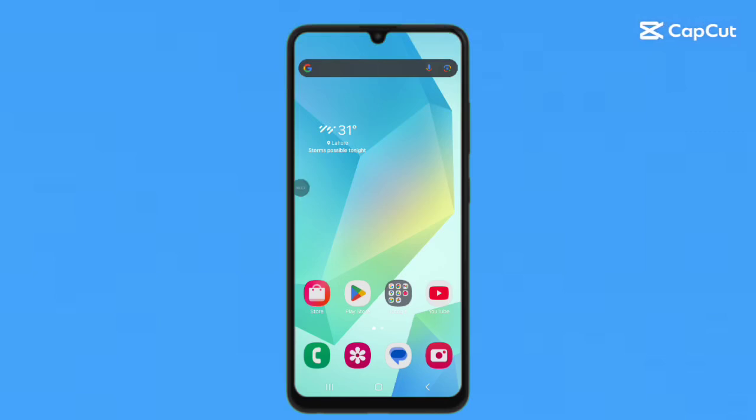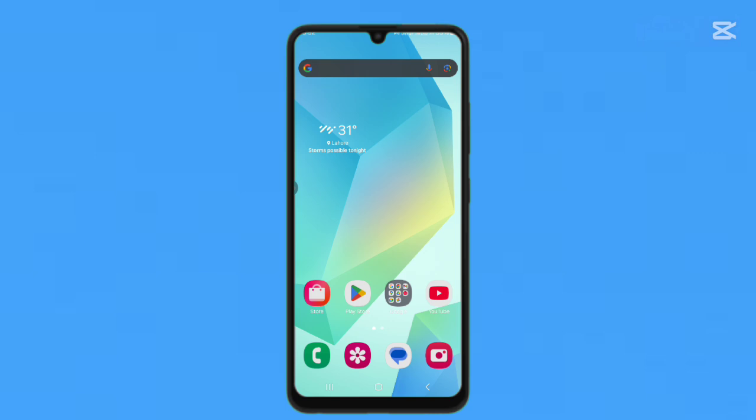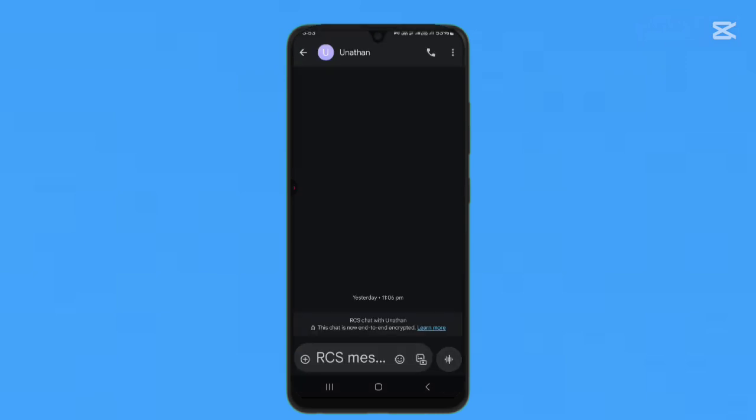Hello everyone, today I'm going to show you how to fix missing iOS emojis on Android. For that, make sure you have an Android device. After that, just tap Messages, open any chat, and as you can see in the bottom center, you can see